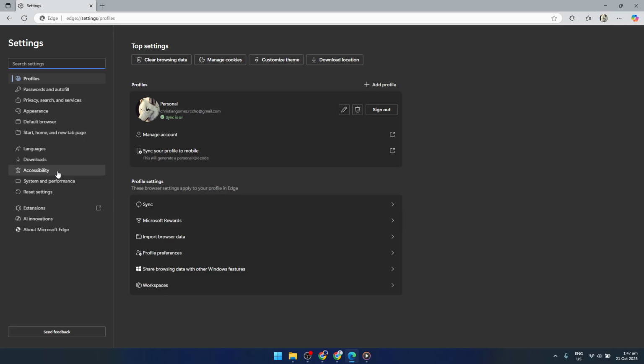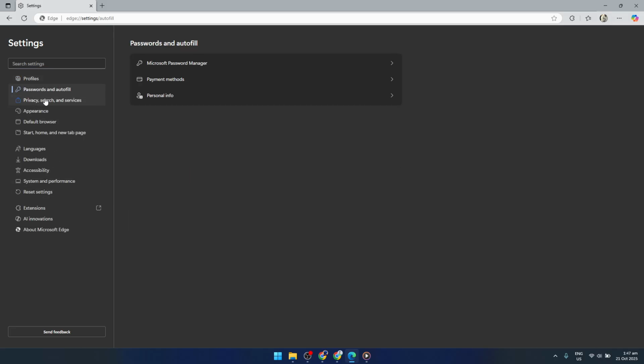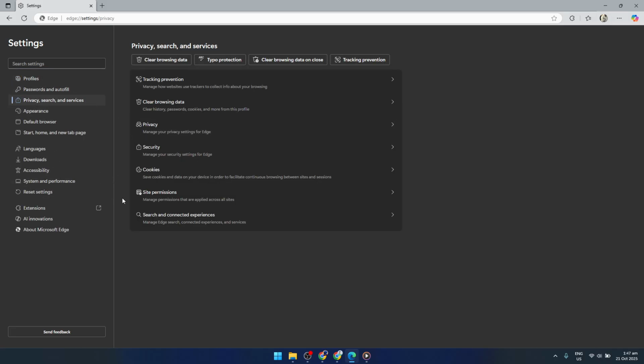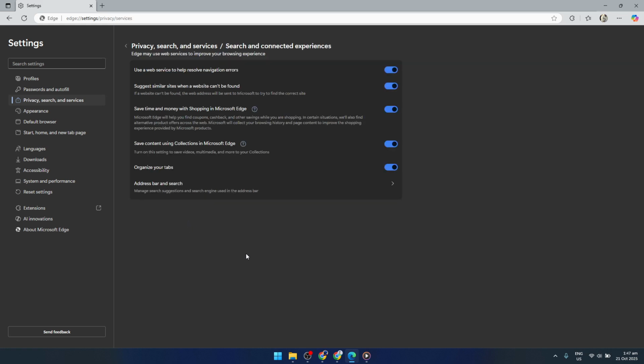Now that you're in the Settings menu, direct your attention to the left panel where you'll find several options. You'll want to choose Privacy, Search, and Services. As you click on that, a new list of options will appear. Scroll down slightly and look for Search and Connected Experiences. Click on that as well. This section allows you to control what search experience you'll have within Edge and eventually assist in our transition to